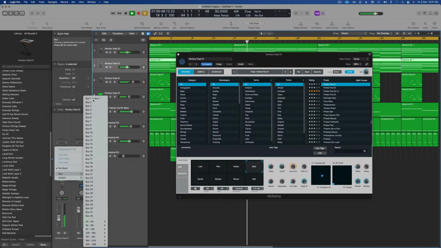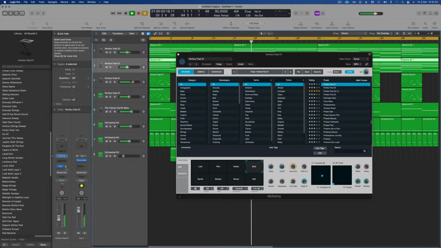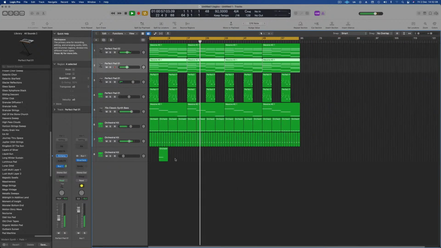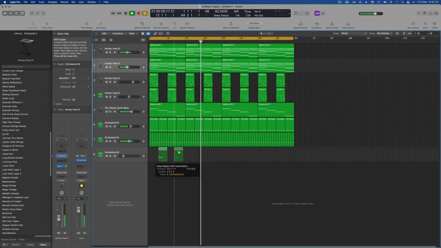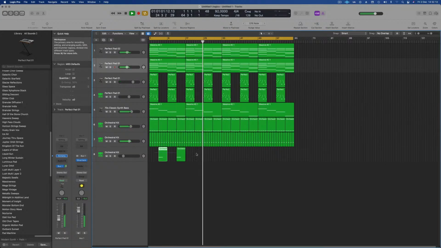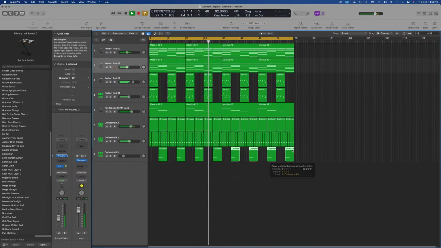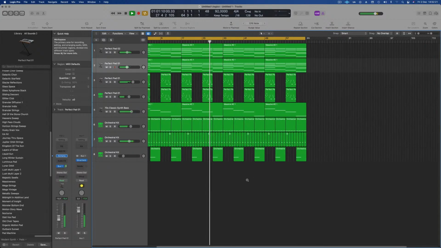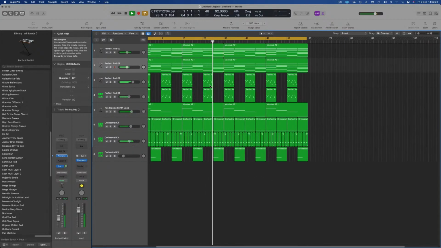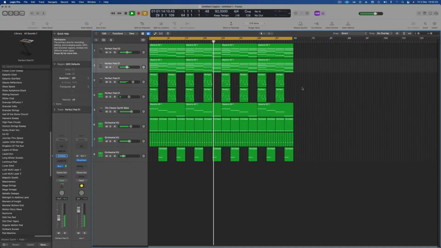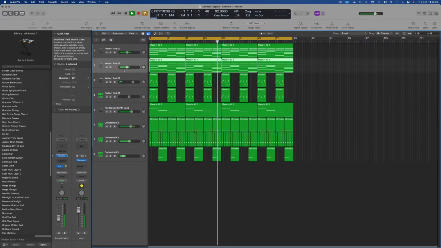Send it to our reverb. Use this little trick to sparkle some. I think now we need a little bit of orchestral,